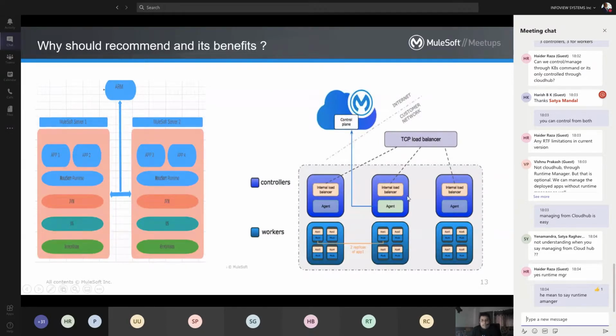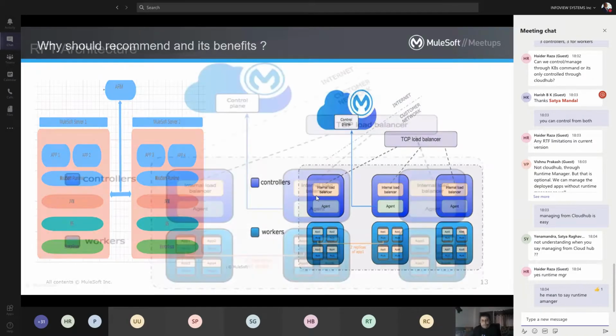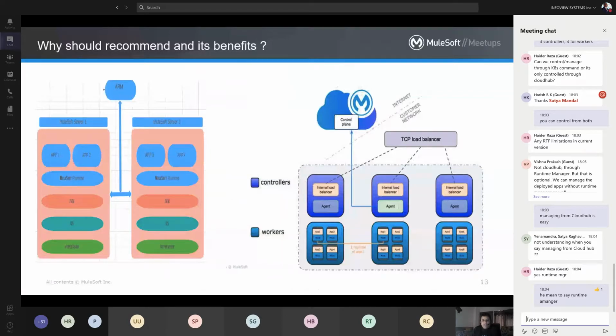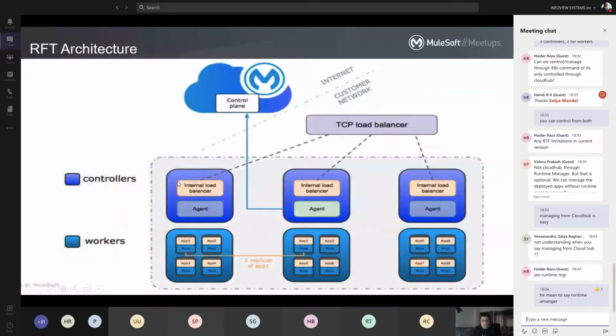But here in Runtime Fabric, in the Fabric environment, the controllers manage all the cluster-based deployment and the high availability of the applications which we are deploying in our environment or customer managed platform. So this is the same architecture as I demonstrated here.